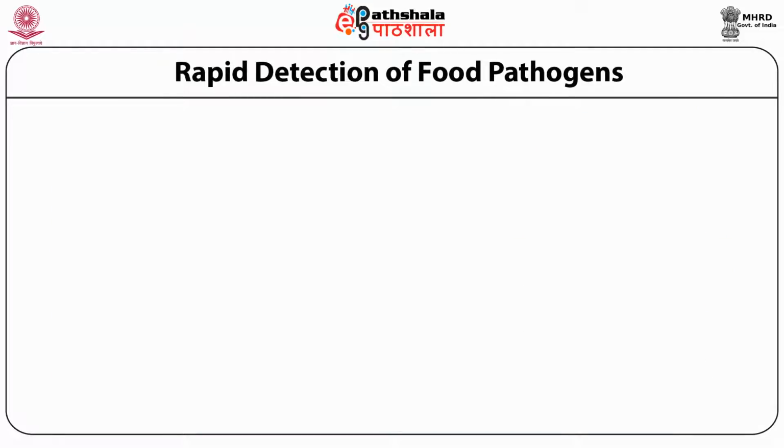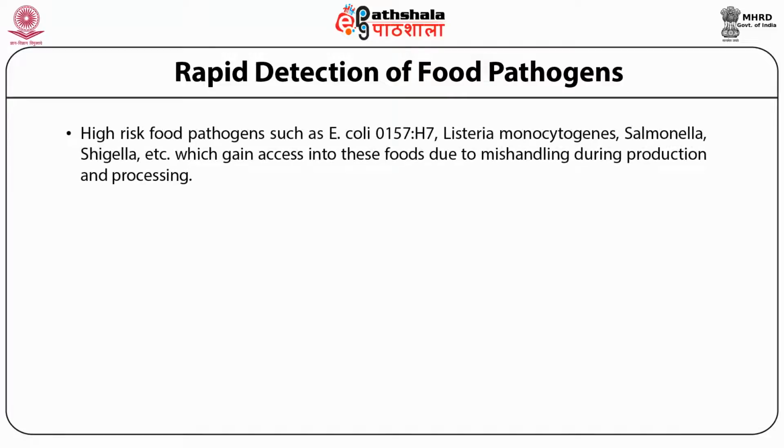Now, in the rapid detection of food pathogens, we know that high-risk food pathogens such as E. coli O157:H7, Listeria monocytogenes, Salmonella, Shigella, etc., can gain access into the food due to mishandling during production and processing. There is always risk when you are mishandling the product or processes. This kind of pathogens can come into the food chain or food product and may cause a serious health hazard